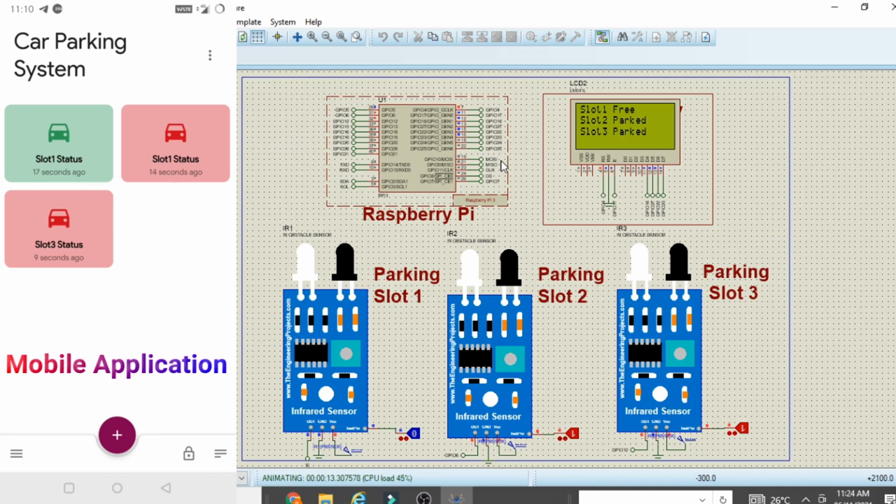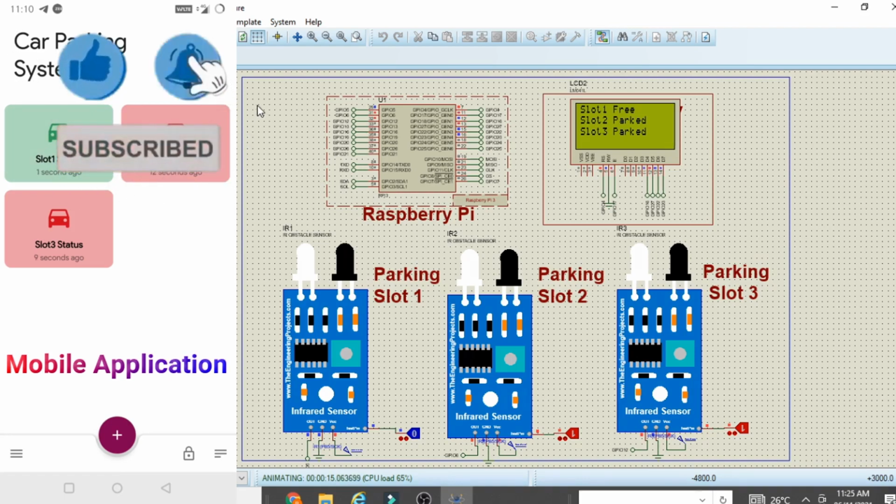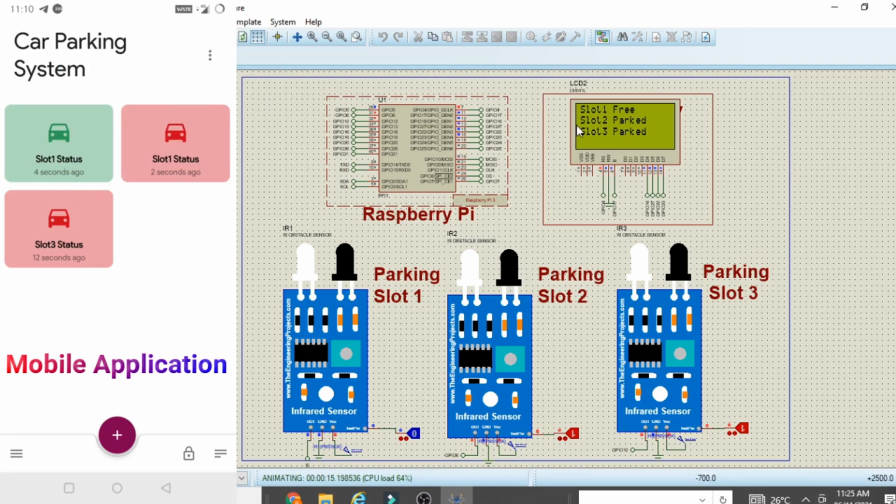Before starting this video, I would like to tell you what we will learn. First we will see the final output of this project. Then we will see what different types of software you need to install on your laptop and how to install that software. After that we will see how you can draw this circuit diagram in Proteus software, and later we will see the complete programming. We will understand the complete program of this project, and at the end we will see how to run this project. So I request you to please watch this complete video so that you will get an idea about each and everything.